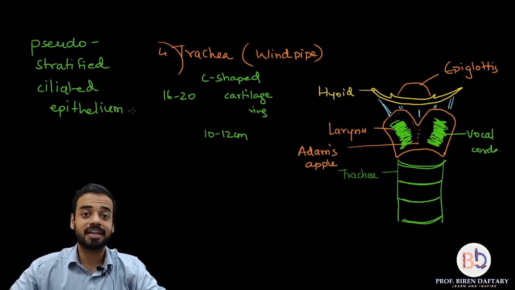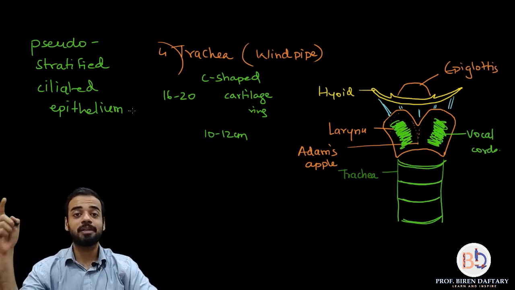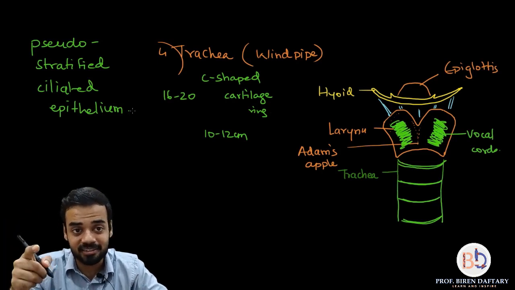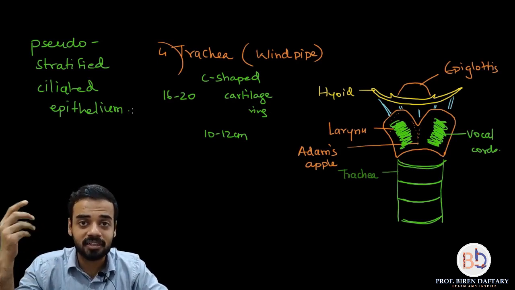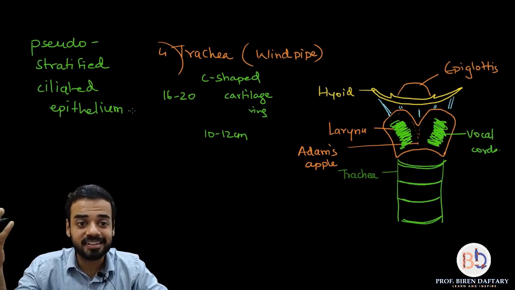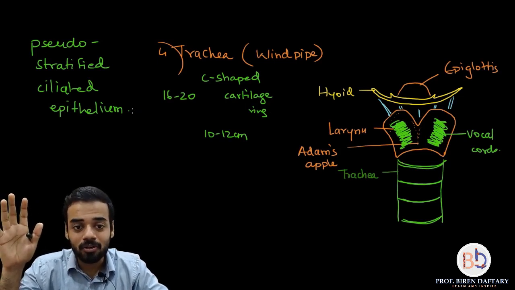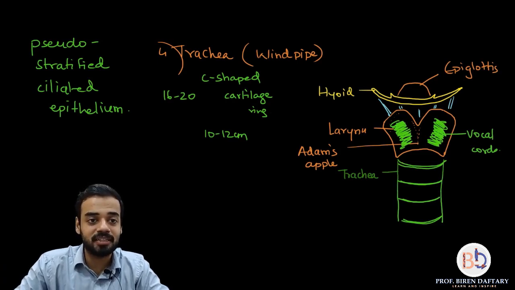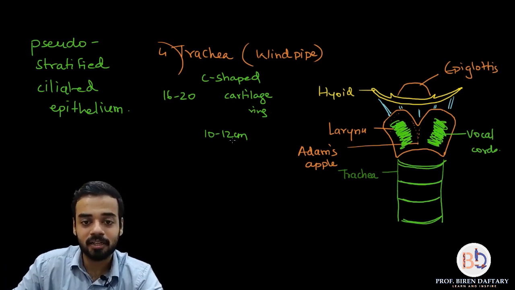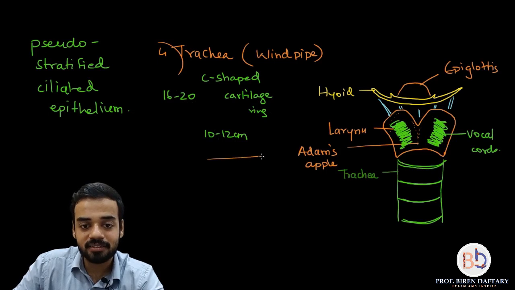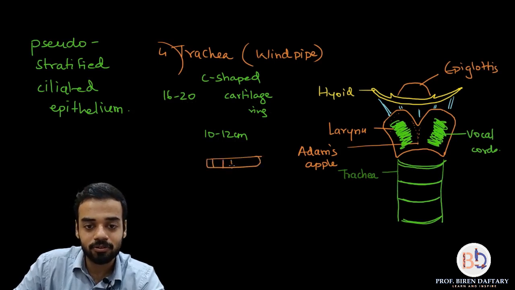If you remember the animal tissues which have been covered in your 11th standard, then this is easy. What is pseudo? Pseudo means anything that is false or fake. What is stratified epithelium? Compound epithelium, do you remember? Okay, what is a compound epithelium? See, simple epithelium, compound epithelium. Simple epithelium means a single layer of cells. Do you remember this? Squamous, cuboidal, all that.